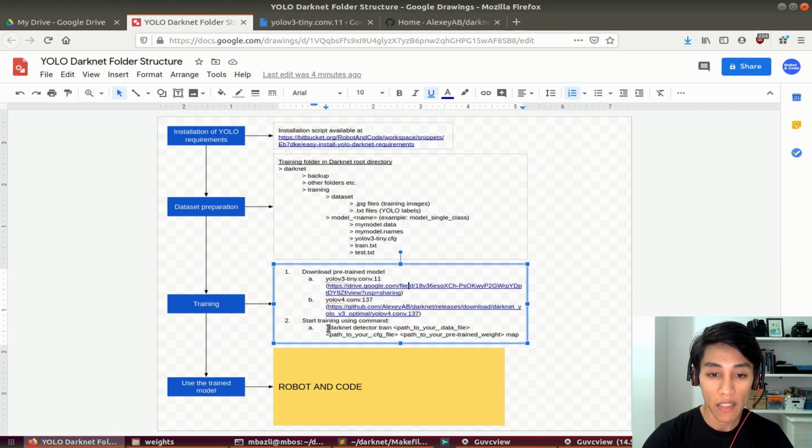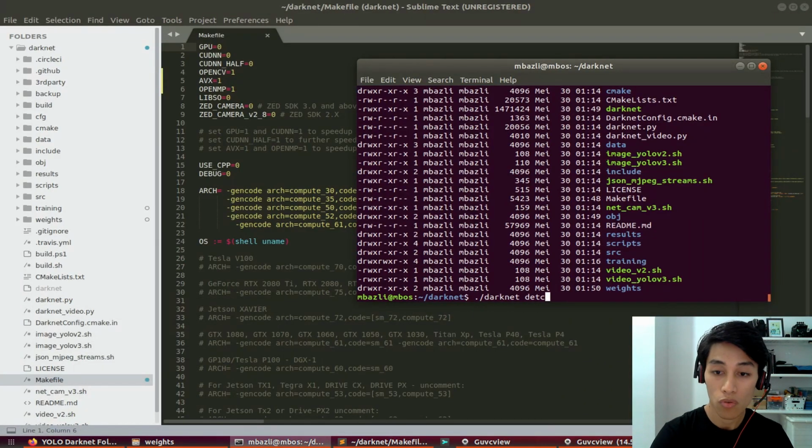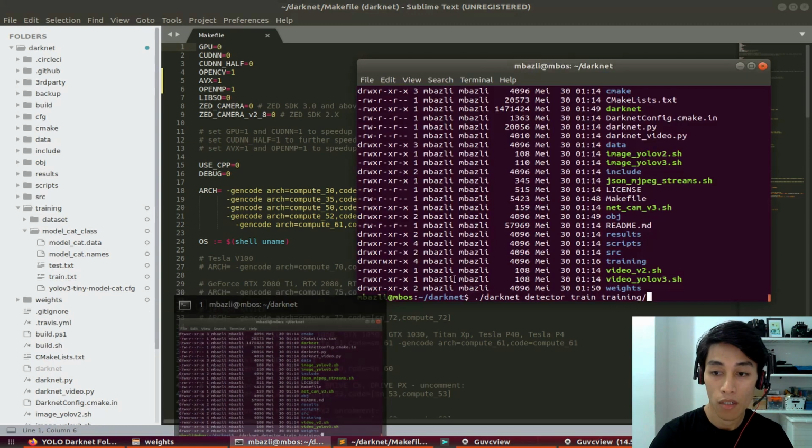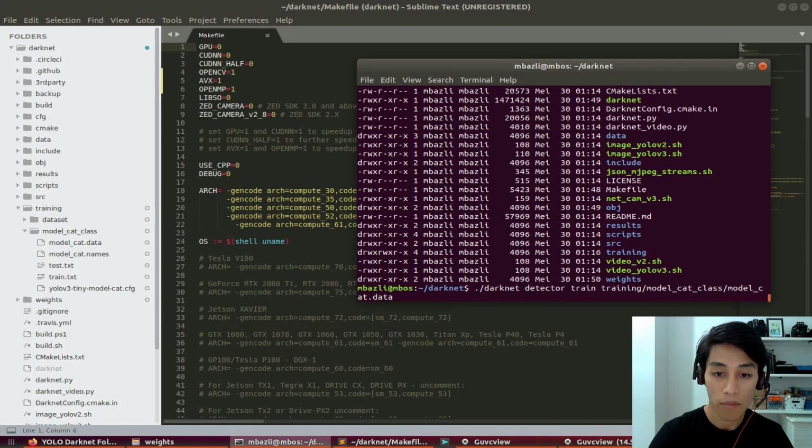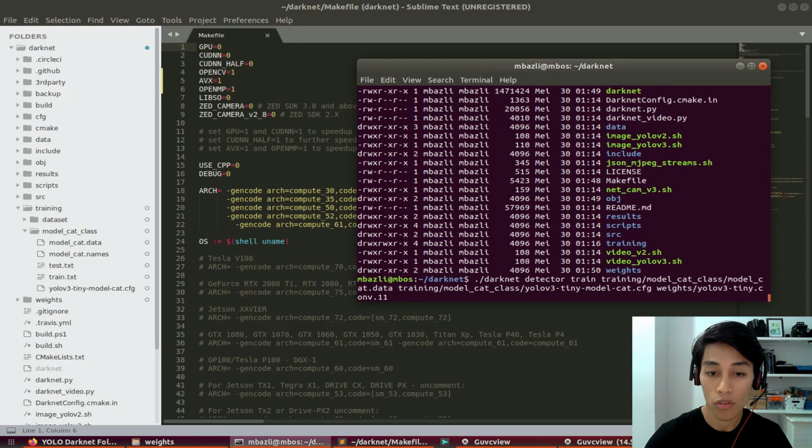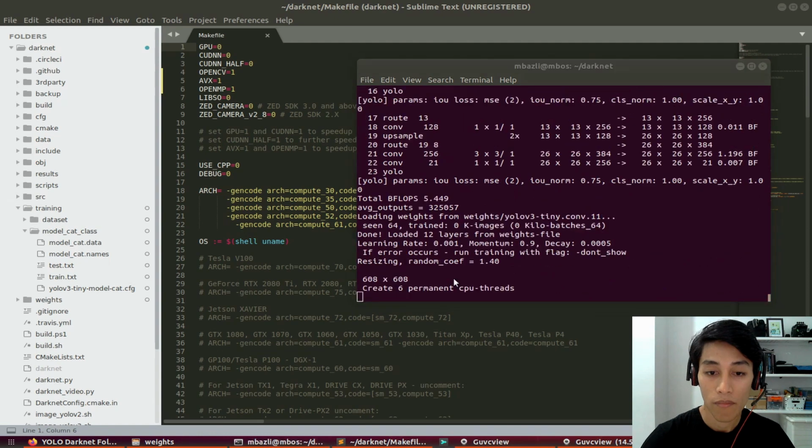To start training, you need to use this command: darknet detector train, pass your data file that we created earlier, pass your .cfg configuration file, and also pass your pre-trained weight. The last option is to view the mAP, mean average precision, while the training is running. I'm going to do exactly the same here. My data file is at training model class, since I only have one, and my configuration is at, and then my pre-trained weight file is at YOLO tiny convolutional.11. And then I put map here, and when it runs,